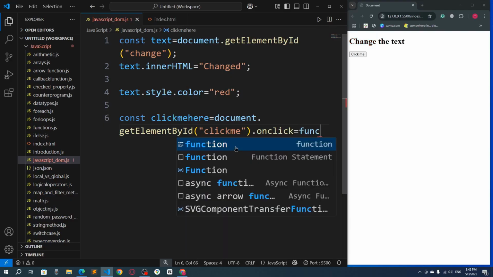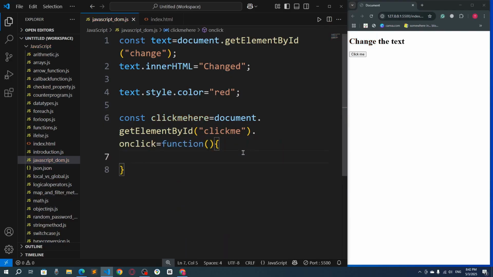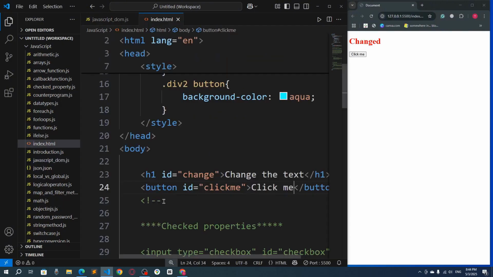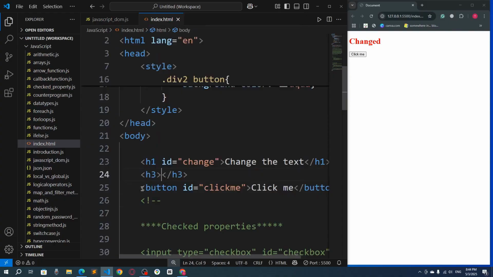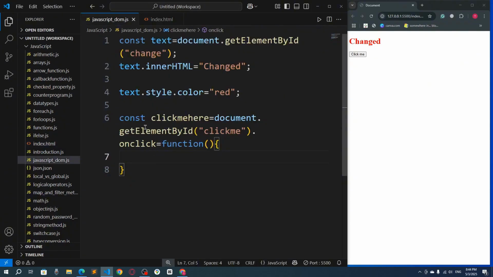Here I will say a function, going to give it a function, and this is the function, and I want to actually add here one more text. So here I'm going to say, let's say h3, let's say clicked. Okay, so here I'm going to change the ID also. I'm going to set here an ID, so I will set text. So this is the ID. Okay, so here I'm going to copy it, and I will go here and I will say,